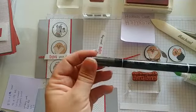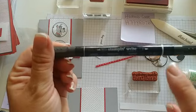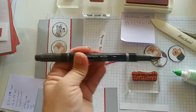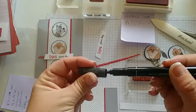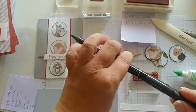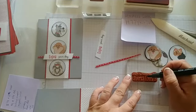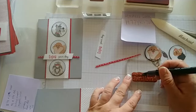So what I do is I look over here and I have two different tips. I have a brush tip. Let's see if we can get that to focus for you. A brush tip, let me show you. Brush tip on this end and a writing tip on that end. For stamp coloring, you're going to use that brush tip. We'll take off the lid, we'll flip it to the back, and we're going to just color in where it says your day. Just coloring it in,